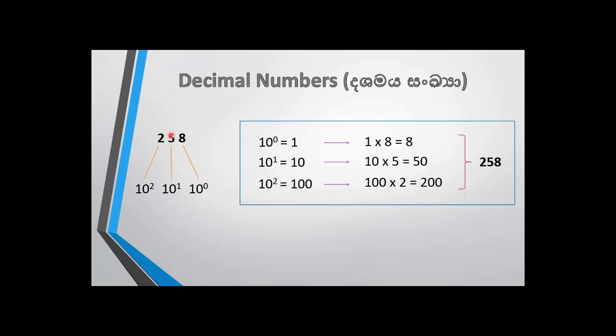If you take this particular example, 258, the rightmost corner we represent in 10 to the power of 0 basis, and the next level is 10 to the power of 1. The next will be 10 to the power of 2, and likewise it goes on when the number increases. So here I have included the calculation being done for the decimal numbers. So if you take this particular example, here you can see the rightmost one, it's 10 to the power 0. 10 to the power 0 in the sense it gives the value of 1. So here you can see